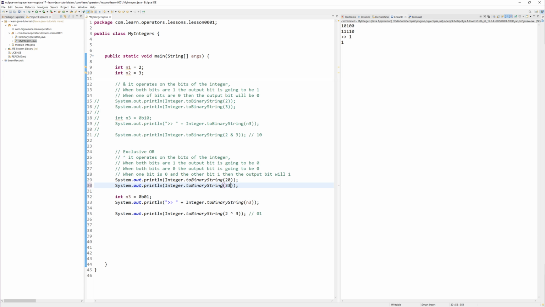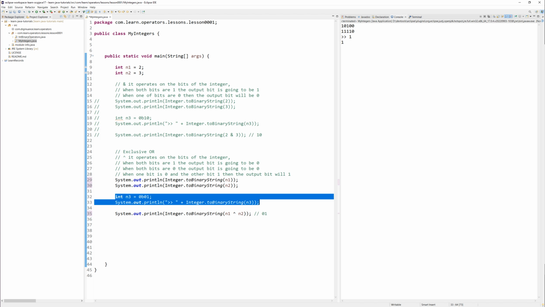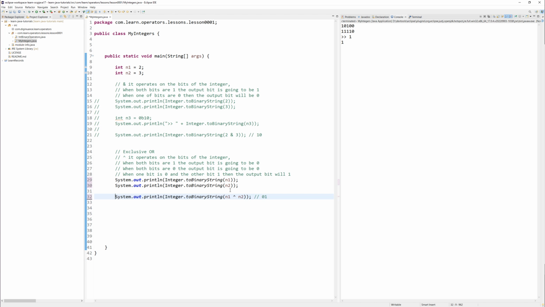Actually I have stopped using this n1 and n2, so let us use those numbers, n1 and n2, and let us not use this anymore, and then here 20 and 30. Then what will we get? We are getting some other number, and actually we are using this integer to binary, but let us